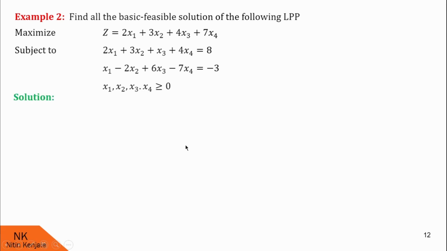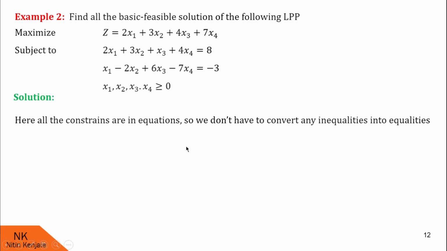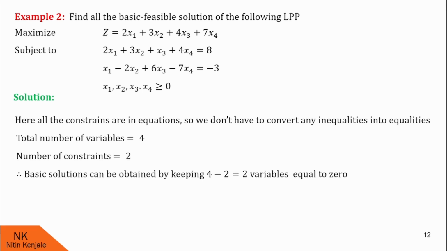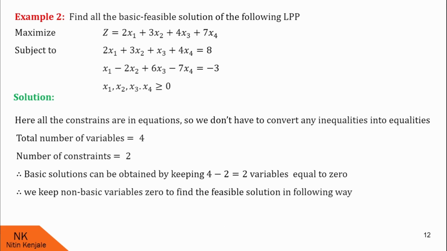Let us look at the solution. Here, all the constraints are in equation form, so we don't have to convert inequalities into equalities. Total number of variables are 4 and number of constraints are 2. So the solution can be obtained by keeping 4 minus 2 variables as non-basic variables, keeping them as 0. So we keep these non-basic variables as 0 to find the basic feasible solution of the given LPP in following